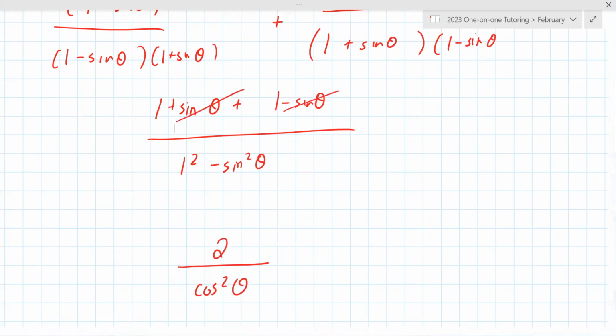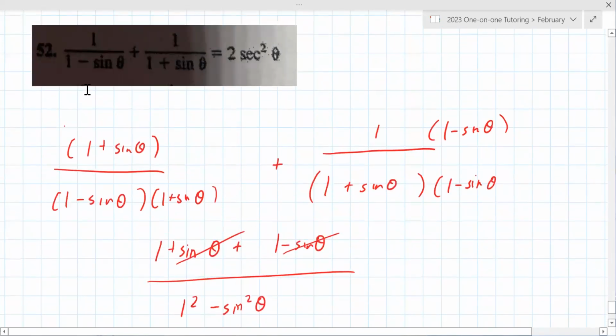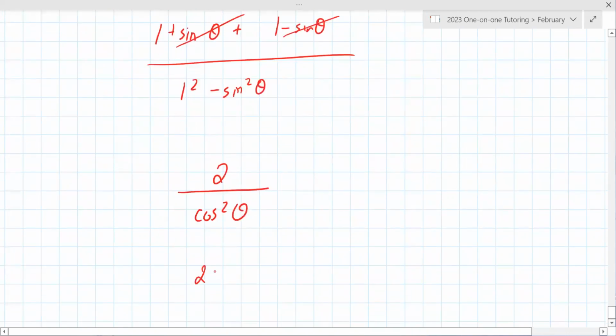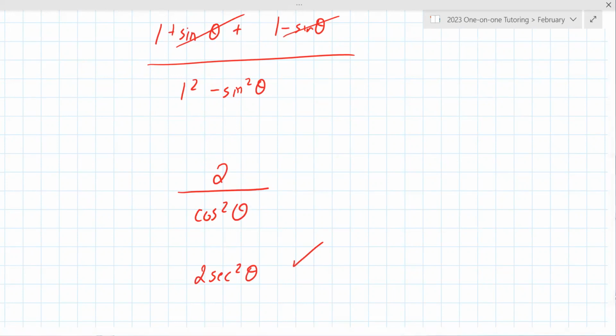But the strategy here that's important is that whenever you see a 1 minus or a 1 plus, you often multiply by the conjugate. So you can see that this one here becomes 2 times 1 over cosine squared theta, which is really 2 secant squared theta, like that. So some advice I would recommend working